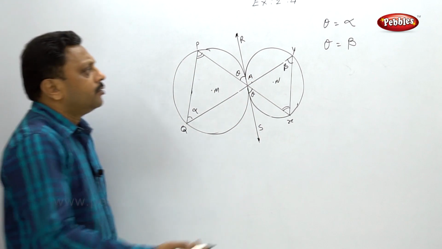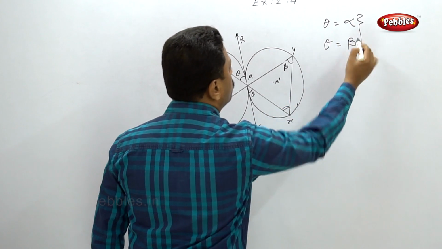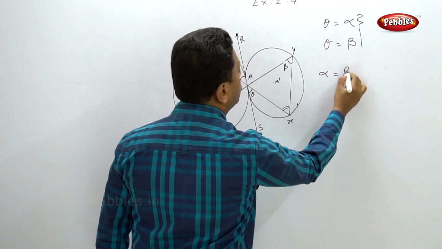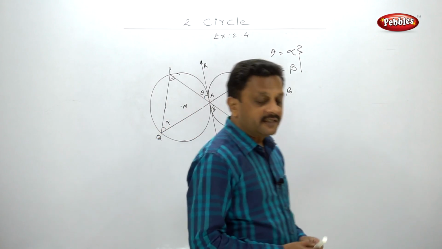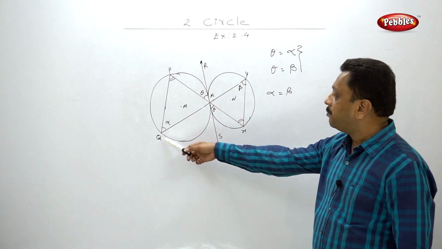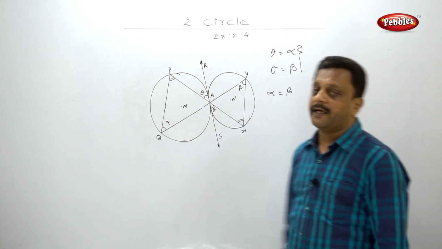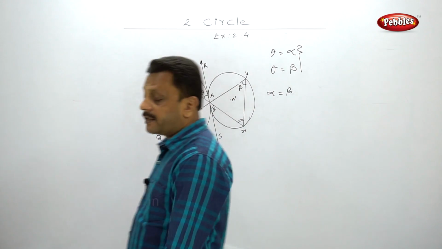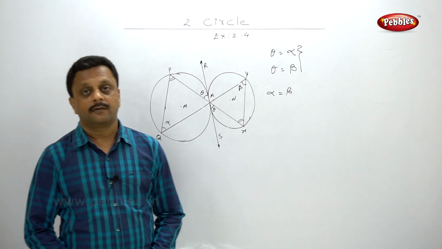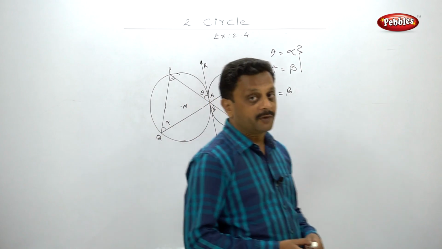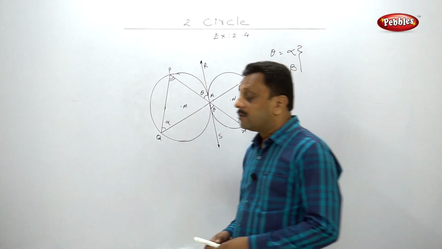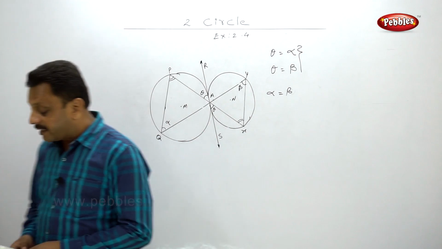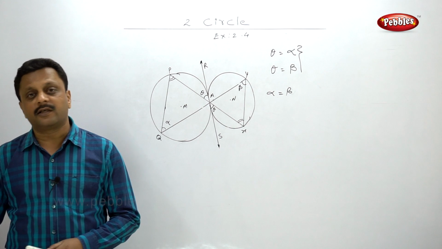Correct? So from these two, I can say that alpha is equal to beta, and hence I can say that line PQ is parallel to line XY by the alternate angle test of parallel lines. Extremely simple example, but here you have to keep in mind that they have not stated that these two circles are touching